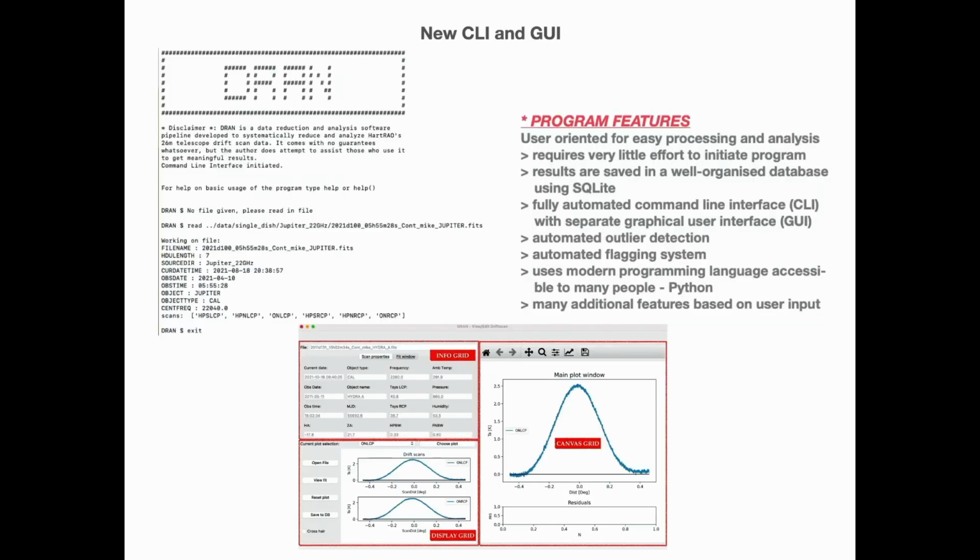DRAN, the Data Reduction and Analysis Program, was developed to address these and other similar issues inherent in the Lines program. The new program is fully automated and also allows for single-file and user-led or manual operations. It has a user-friendly command line and graphical user interface. It's based on Python and also offers a range of new features like outlier detection and flagging, which were not